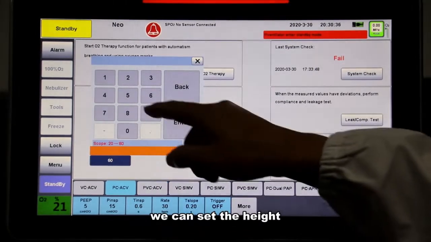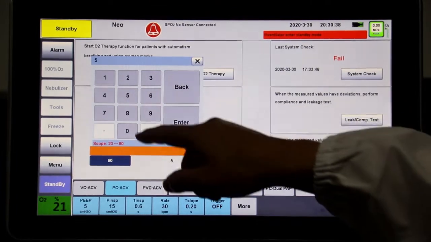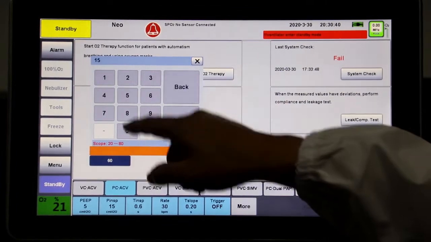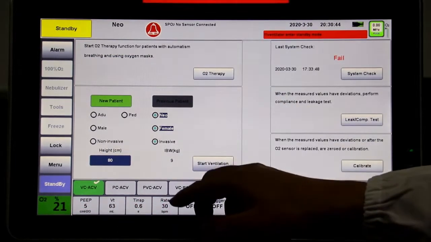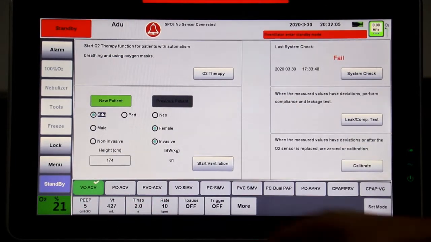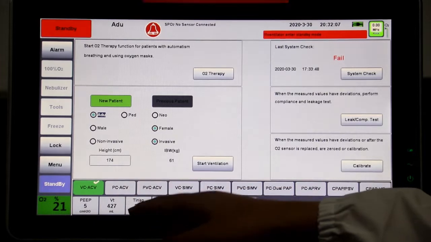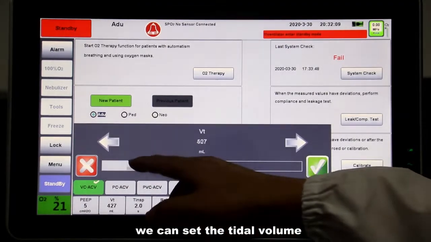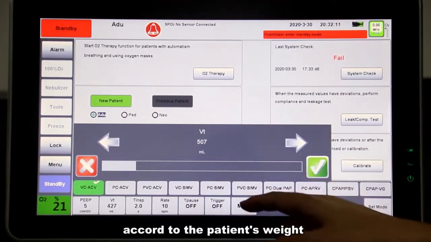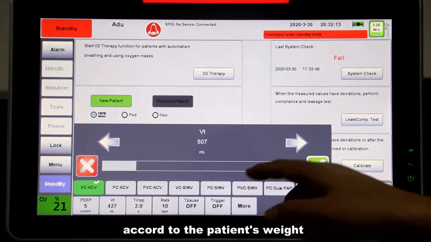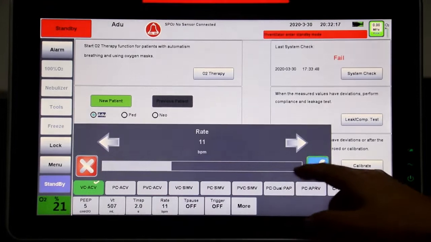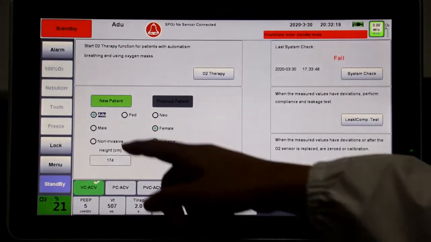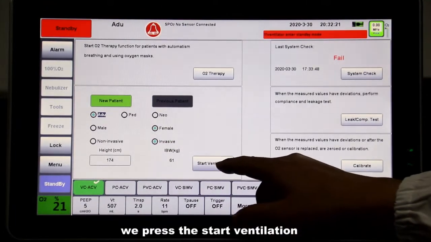And we can set the height. Then we set the tidal volume according to the patient weight, and set the rate. Then we push the start ventilation.